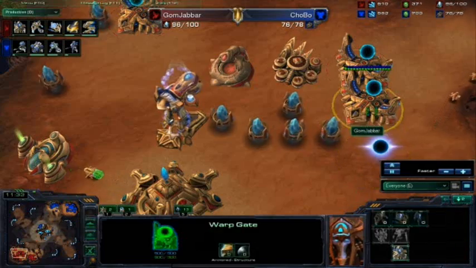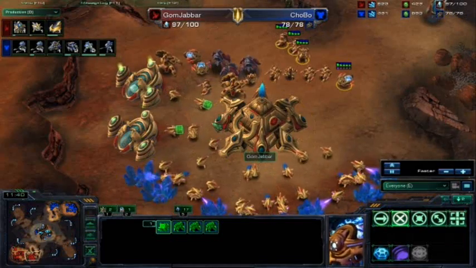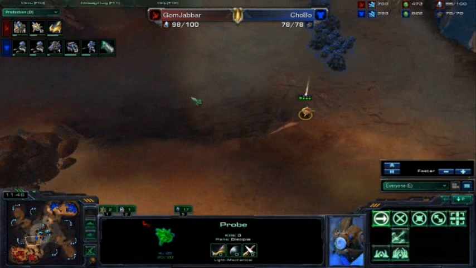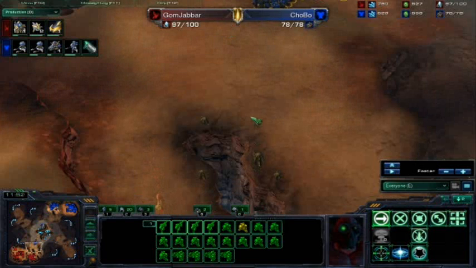I'm going to get my 5th gateway. Warp in lots of zealots. One more sentry because he killed a few of them early. And at this point, I'm planning to go over here and expand because charge just finished, but he has other plans. So what I have to do is, note right here, I notice he is